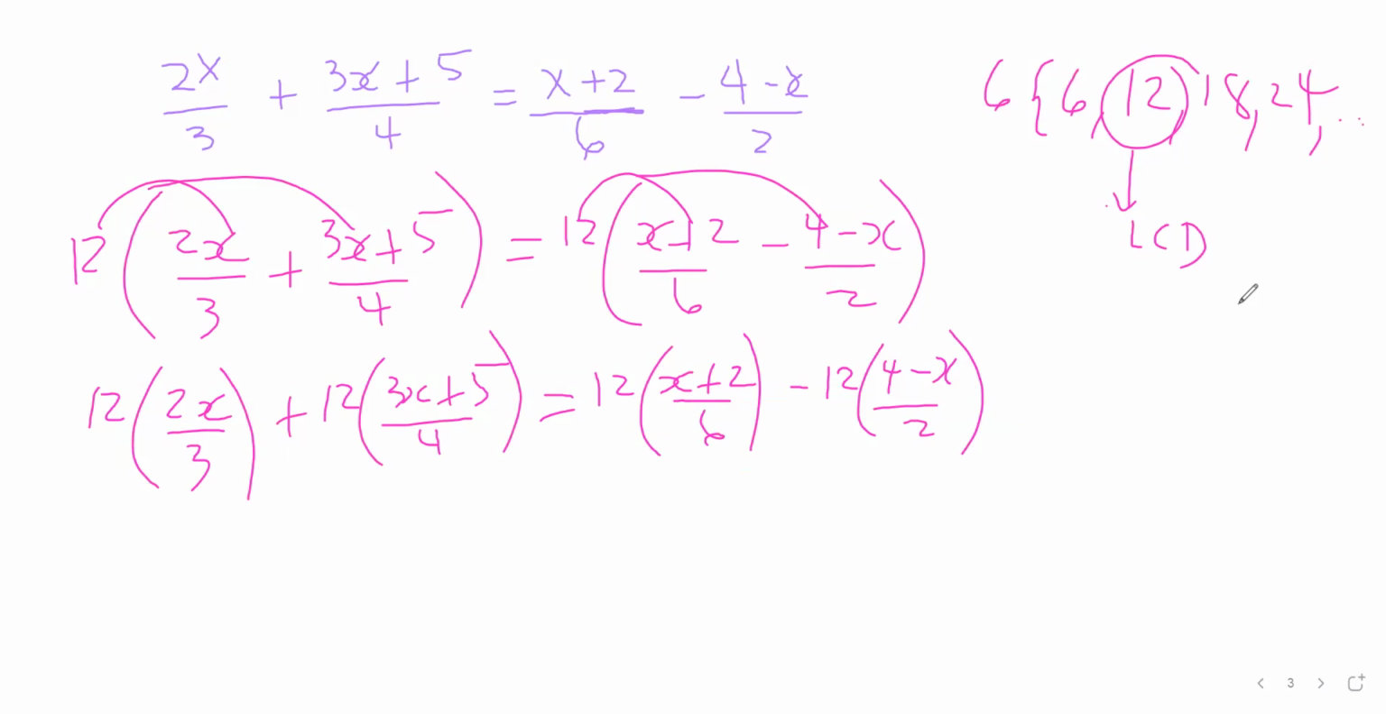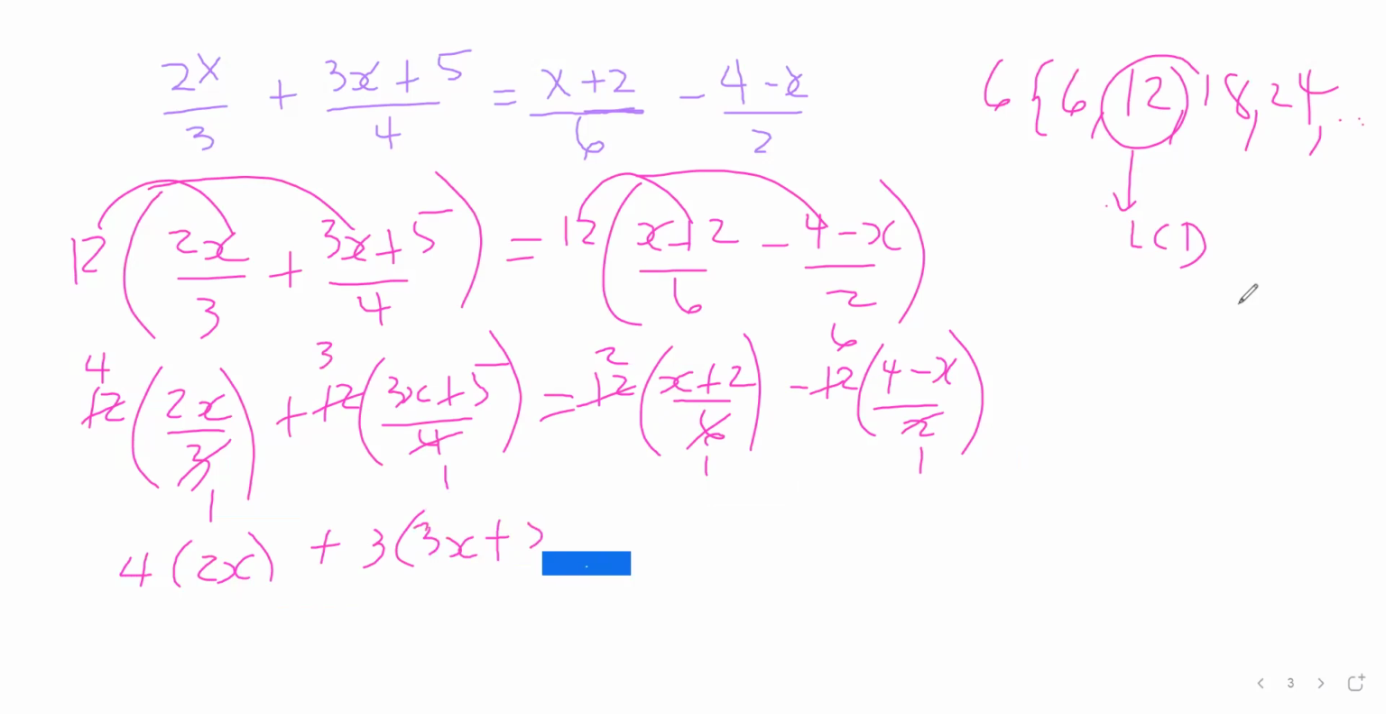Now, because this is multiplication, 3 will go into 12 4 times. With this one, 4 will go into 12 3 times. Here, 6 will go into 12 2 times. 2 will go into 12 6 times. So I'm going to have 4 times 2x, which is 8x, plus 3 times 3x plus 5 equals